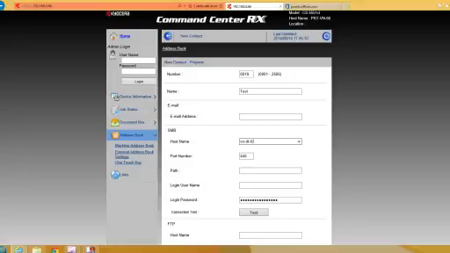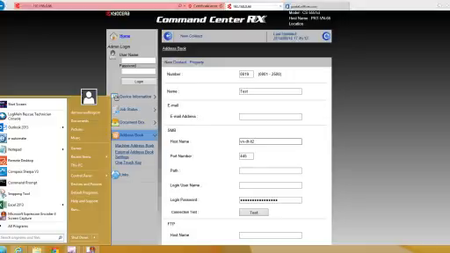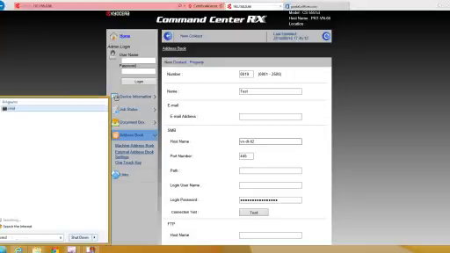Now, sometimes host names will not work for whatever reason. So if you feel that scanning to host name may not work on your network, what you can do instead of entering a host name is enter your computer's IP address. If you know your computer's IP address, you can go ahead and type that in. So if I didn't know and I wanted to find out what my IP was, I could then go to Start, type in CMD, C as in Charlie, M as in Mary, D as in David, hit enter,